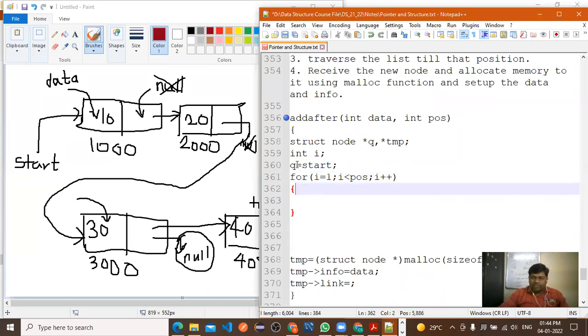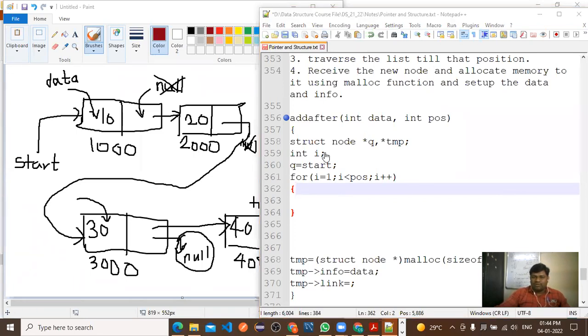Now, how to traverse this queue to identify the specific position? Now, suppose you want to insert the element after 30, what is the value of POS then? 1, 2, 3, 4. 4 elements are already available in your linked list.